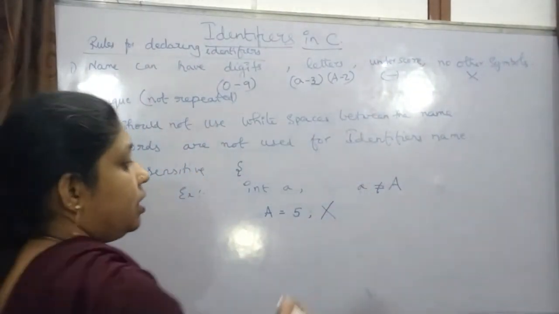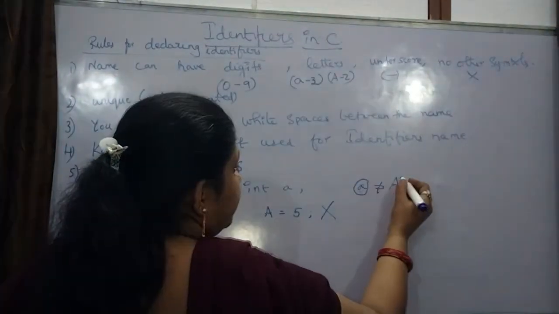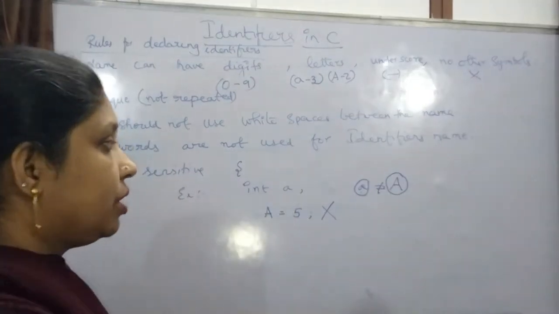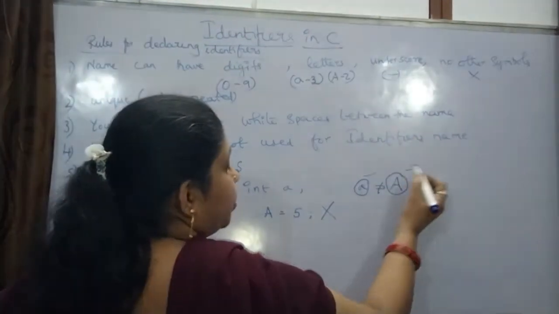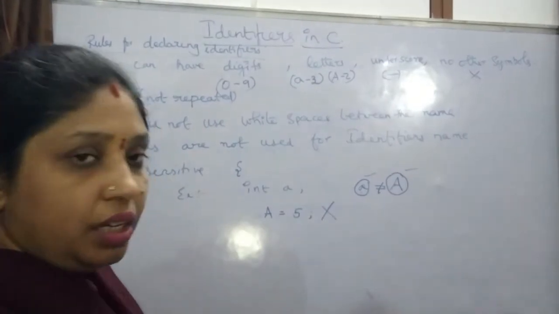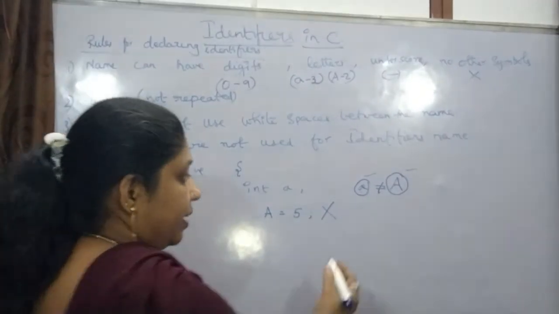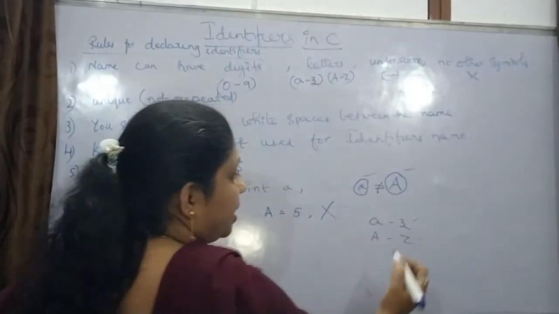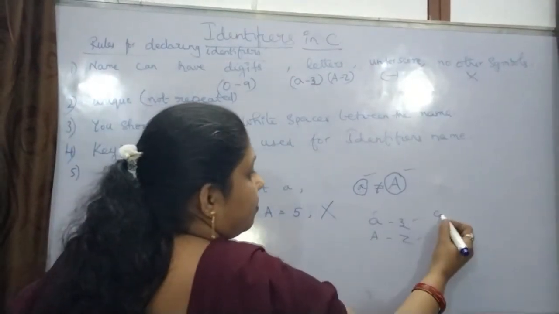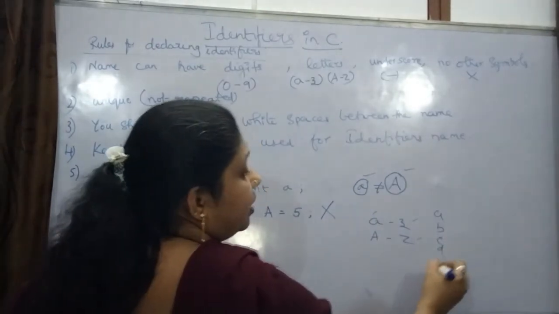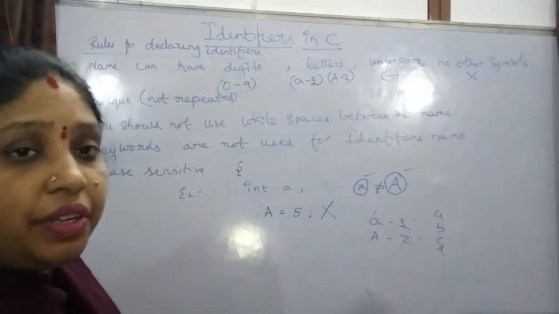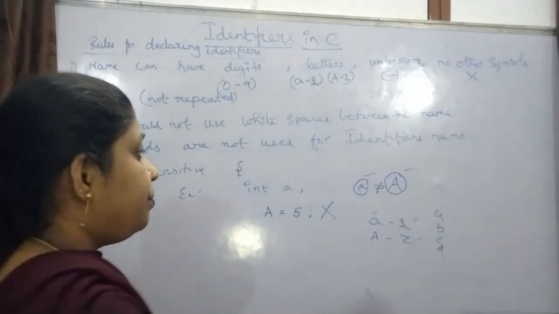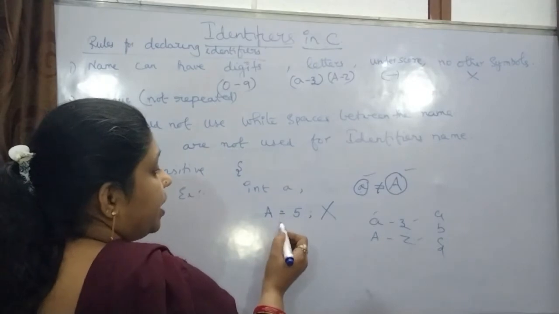How? Because the ASCII code of this a is different from the ASCII code of this A. In our language, we feel that both are the same in English. But in computer language, each letter from A to Z, small letters and big letters, has a different ASCII code. Different codes have been assigned to those particular letters. So if you write like this, it will give an error.